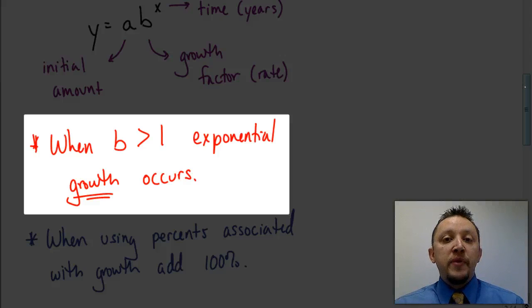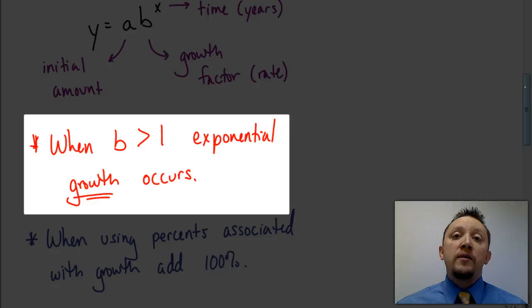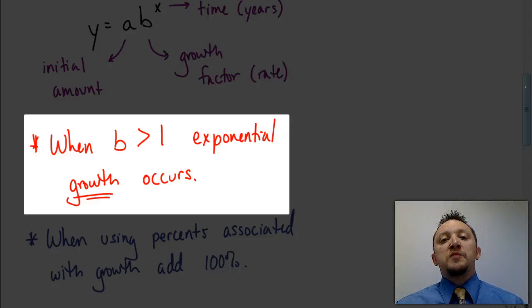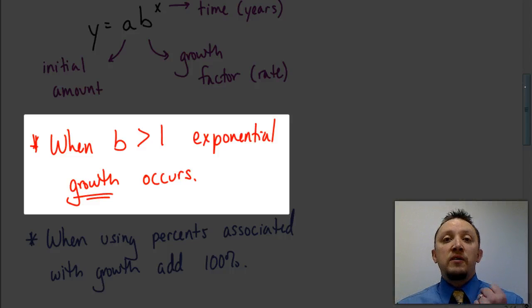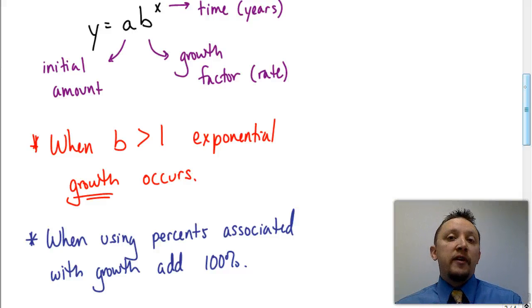Now, anytime that value for b is greater than 1, we're talking about exponential growth. There are times when that value for b is between 0 and 1, which represents exponential decay, which we're going to look at in a future video. But it's very important that if we're dealing with growth, if the investment is growing, we have a number that's greater than 1. So you need to be careful, because let's say you have an example like